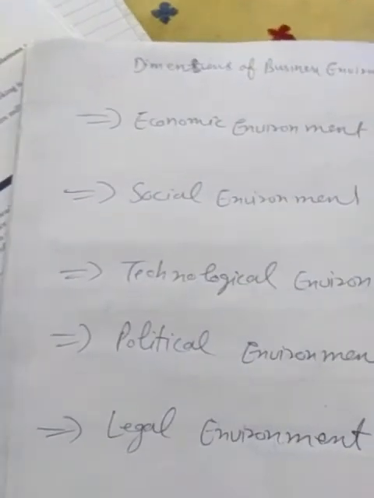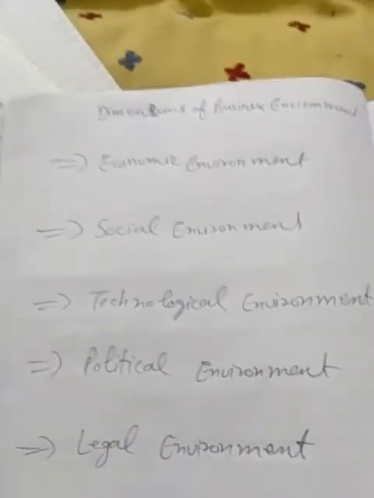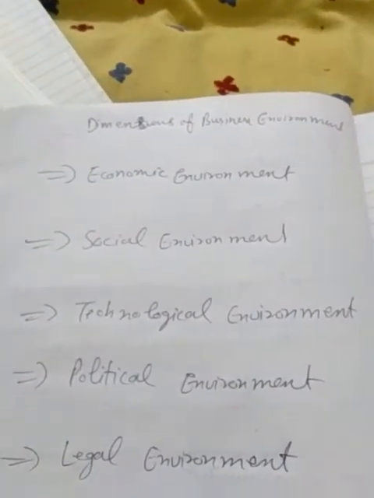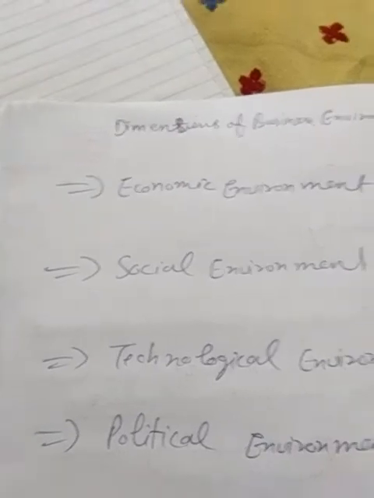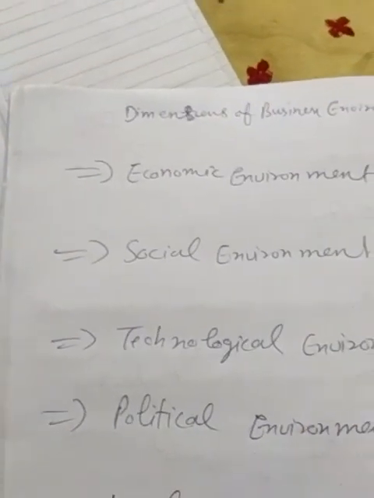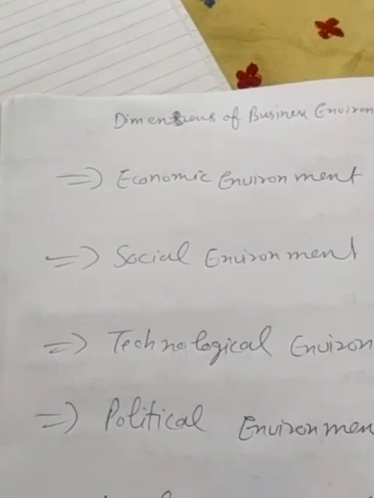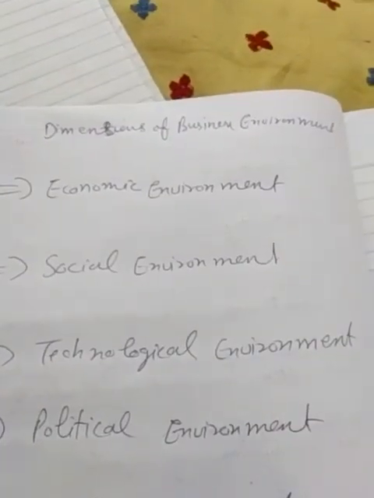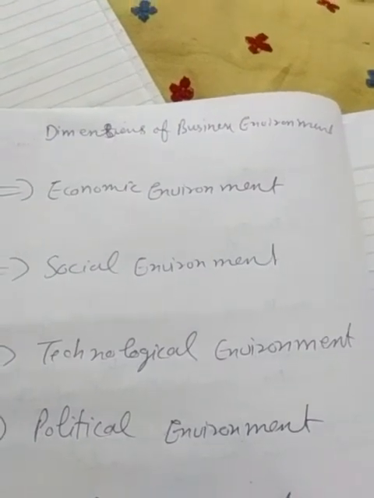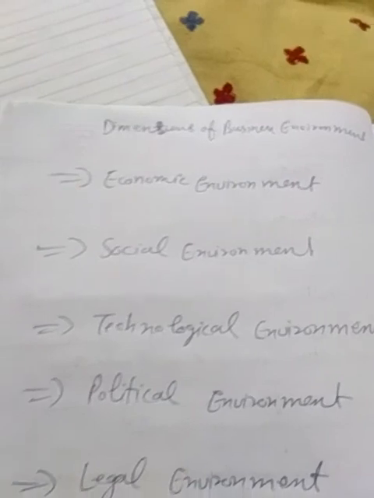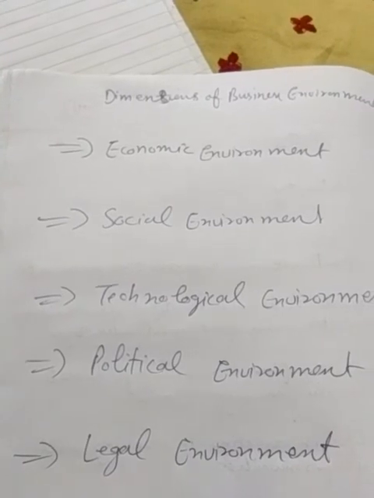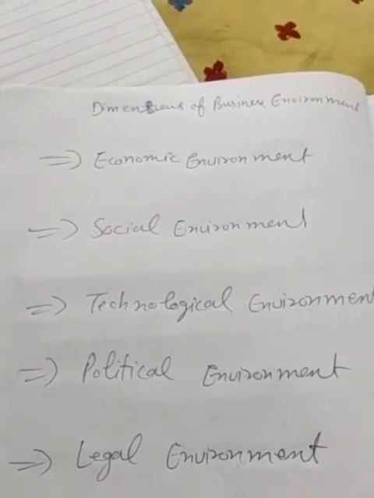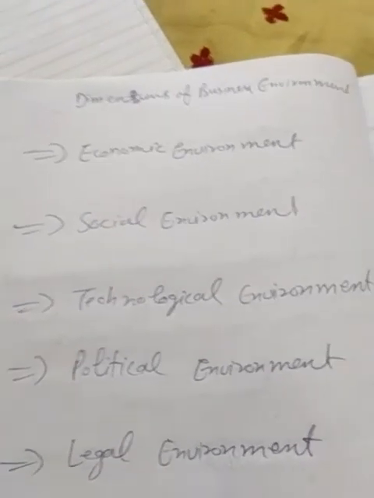Next, and last, is the legal environment. Law of a particular country, of a particular region, has an impact on the business and its operation. This is called a legal environment. Let us discuss how the legal environment is constituted. So the legal environment includes various legislations passed by the government, administrative orders issued by the government authorities, court judgments, decisions rendered by various commissions and agencies at every level of management, center, state, or local.